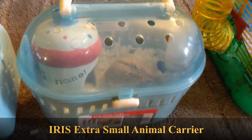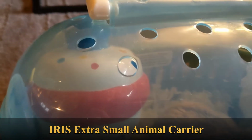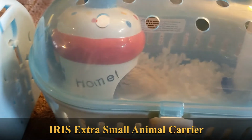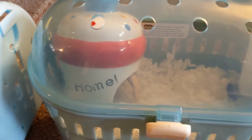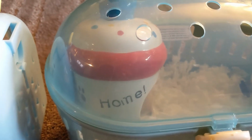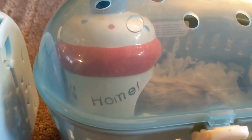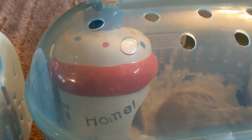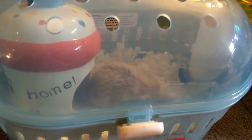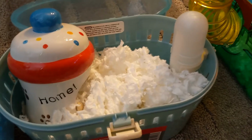Okay, so this enclosure of the small ones seems to be the best. I could fit a decent sized hide in here, even though it's the same dimensions as the other one, but it doesn't have a food bowl. But we scatter feed, so that wouldn't be an issue. But once again, the water bottle is so low, and I'll show you that more once we stop stressing Gamer out. So he's in here now,